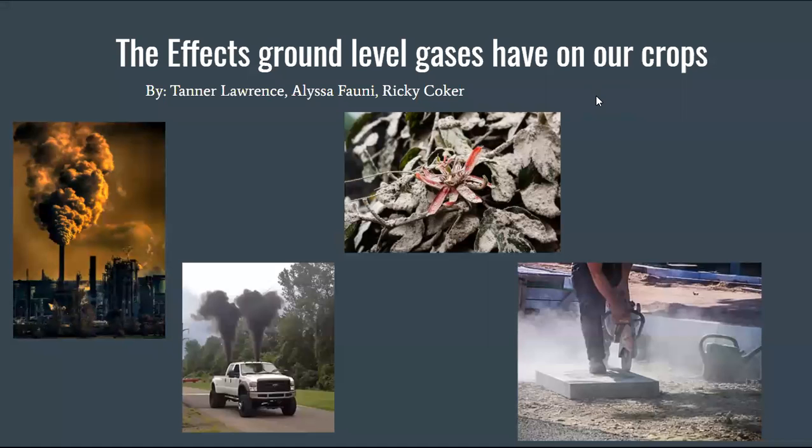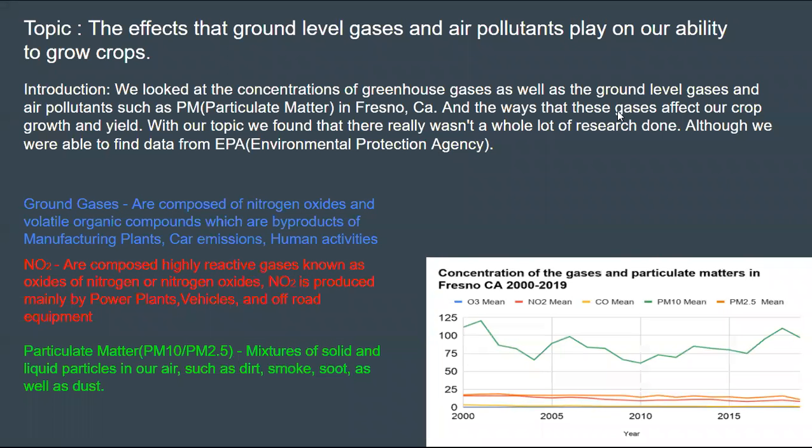The effects ground level gases have on our crops. For our topic, we chose to evaluate the effects that ground level gases and air pollutants play on our ability to grow crops. We looked at the concentration of greenhouse gases as well as the ground level gases and air pollutants such as PM, which is particle matter in Fresno, California,